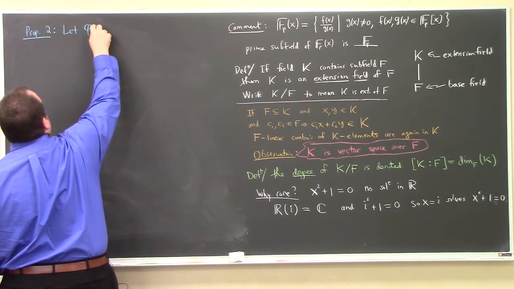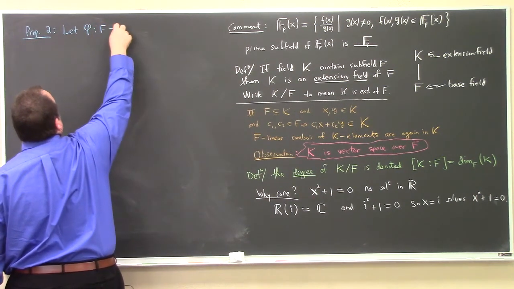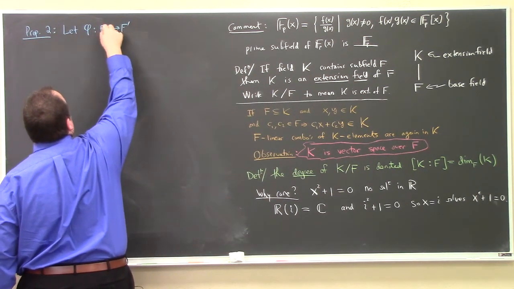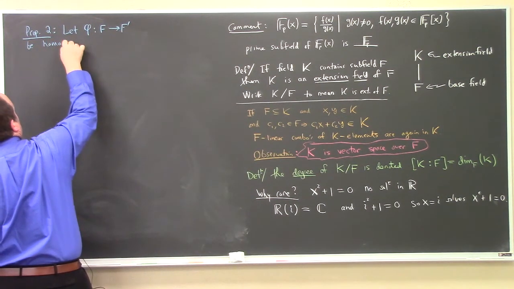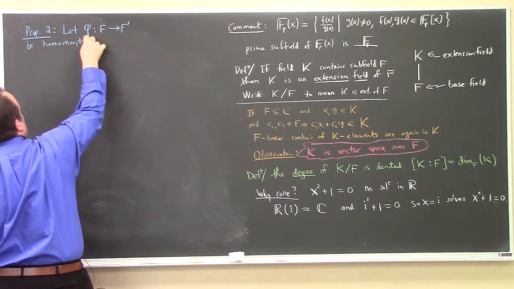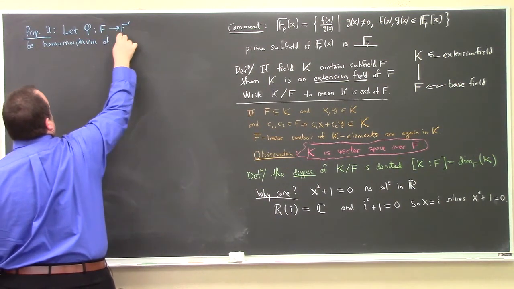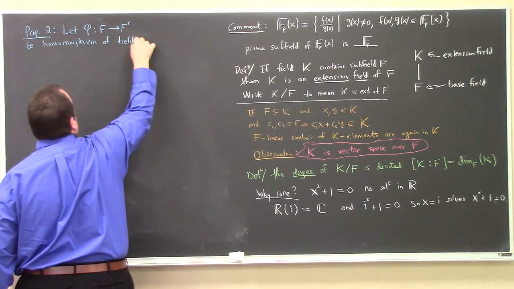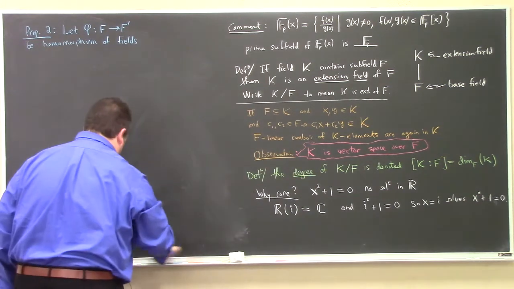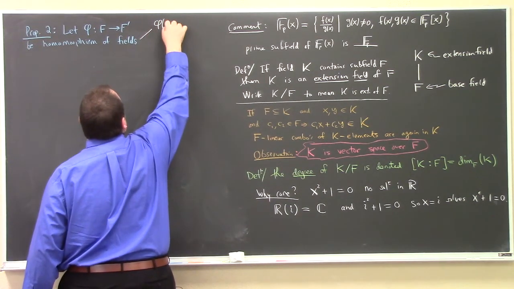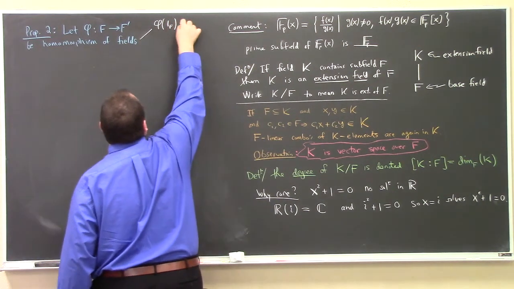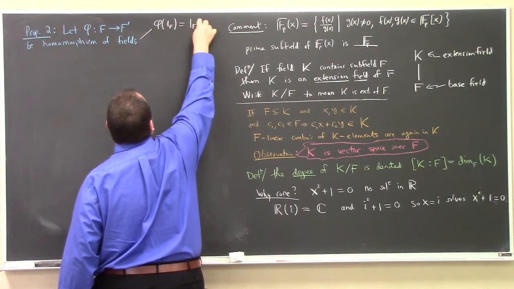You preserve 1 for sure for the identity. I think that means phi of 1 sub F equals 1 sub F prime,